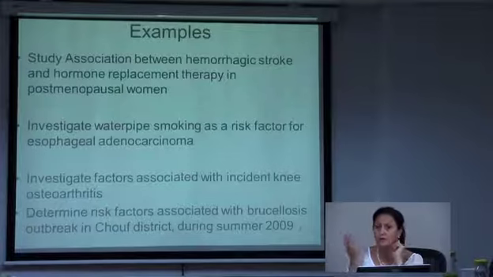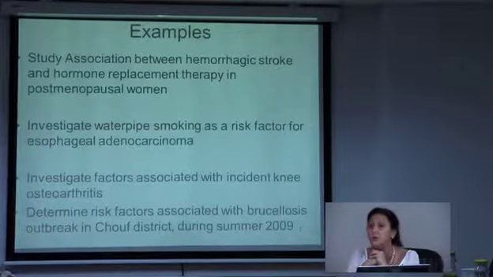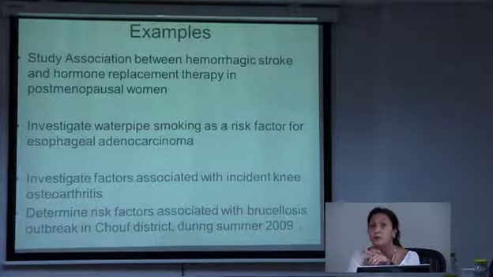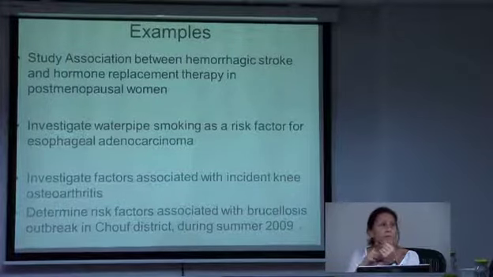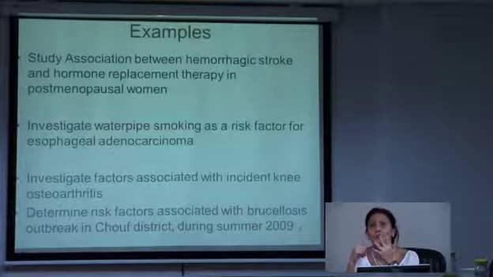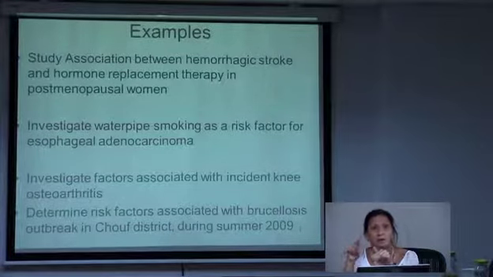So example for a research question where we could use a case control study is to study association between hemorrhagic stroke and hormone replacement therapy in postmenopausal women. Investigate water pipe smoking as a risk factor for esophageal adenocarcinoma. Again, you're looking at things that are rare or where we can only identify in a hospital